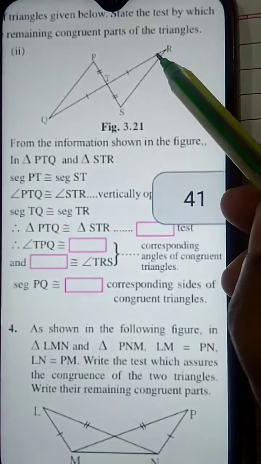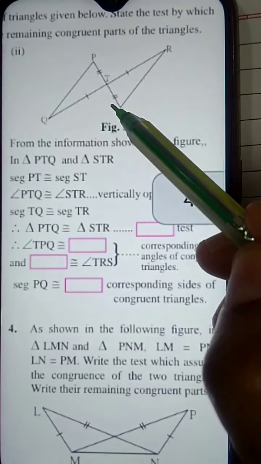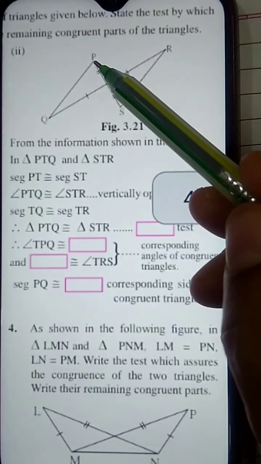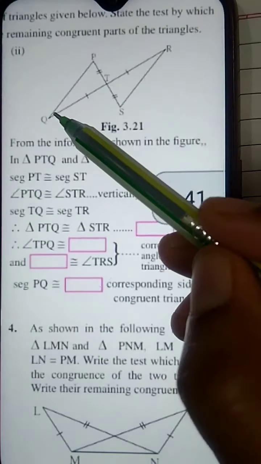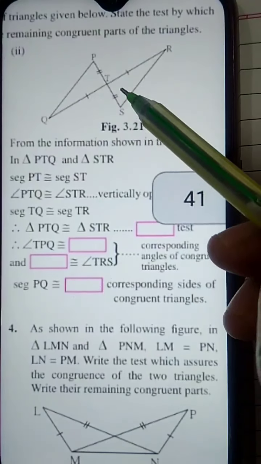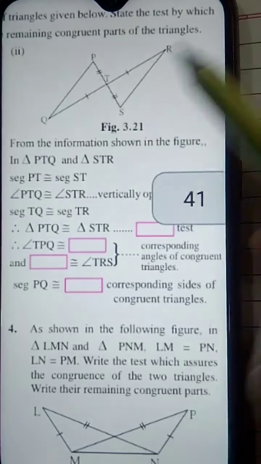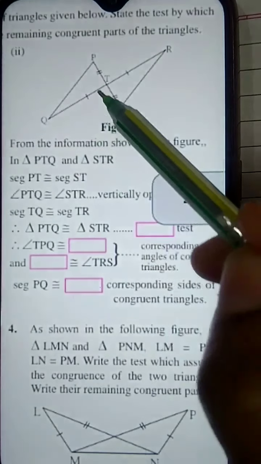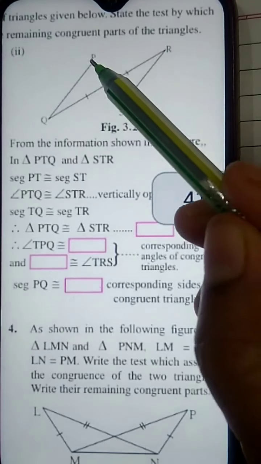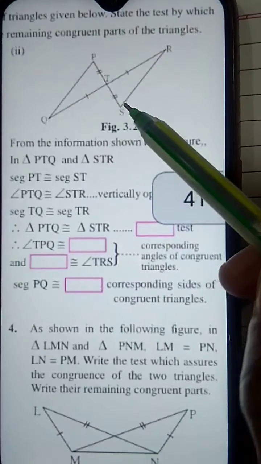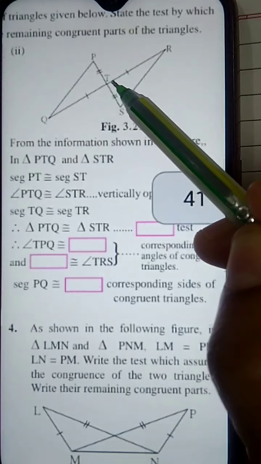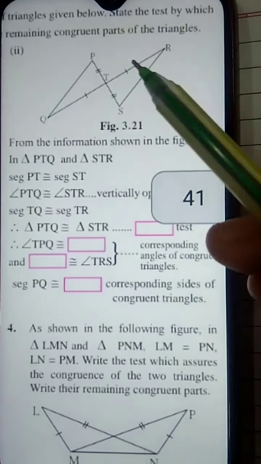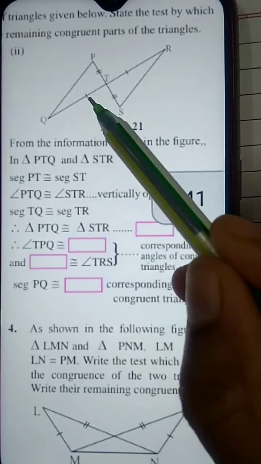This is a very important part that you should remember in geometry while naming the triangles. Those who don't know geometry will call the triangles by any name, that is PTQ for the first triangle and maybe TRS for the second. But you people should not do that. The way you take the first triangle, in the same order you have to take the second triangle. If it is PTQ, the second triangle will be STR, double marked to single marked. Okay, children?